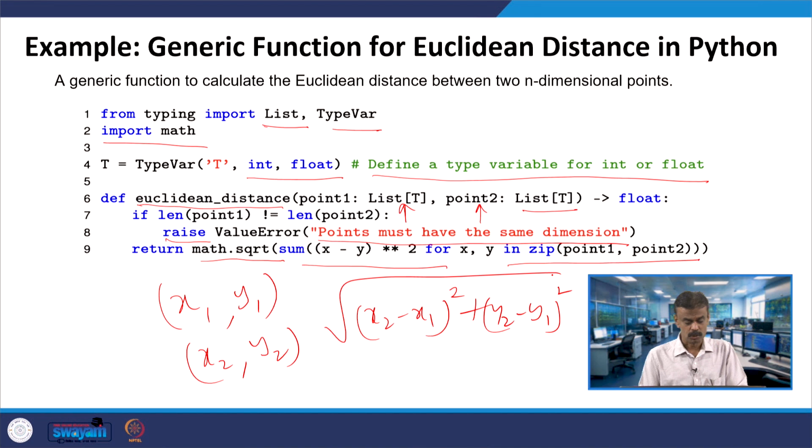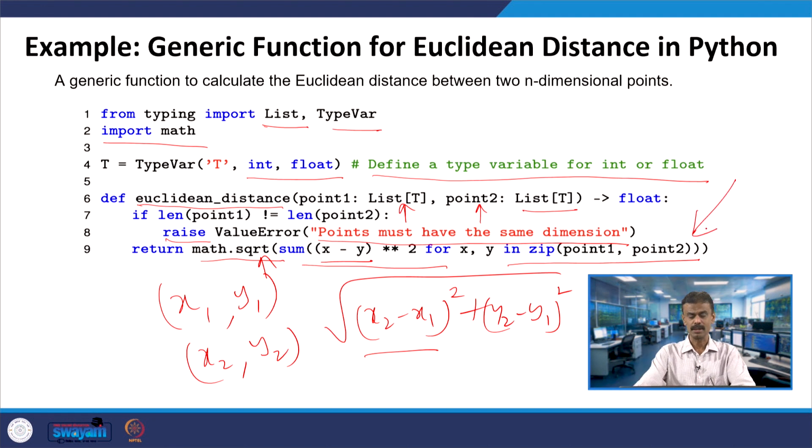So math.sqrt of, this is a summation, plus you have, suppose, more dimensions. So summation of x minus y, the whole square, that is the notation here, and then you are zipping point 1 and point 2.